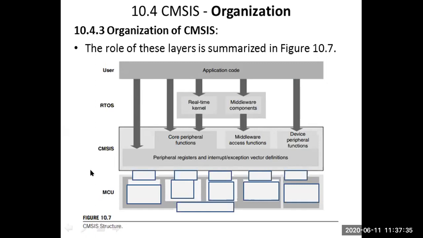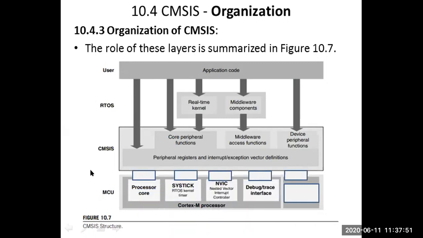Next, about the microcontroller unit. Which microcontroller? It is a Cortex M processor. It may be Cortex M0, Cortex M1, Cortex M. Okay, we'll see what the Cortex M processor contains. It will have a processor core. Definitely, it is an architecture, so it needs to have a processor. You can consider it as the CPU. Then SysTick. SysTick is with respect to the clock. How should the clock work? In real time. So we need to have an RTOS kernel timer, a real-time operating system kernel timer, because the clock should work in real time.